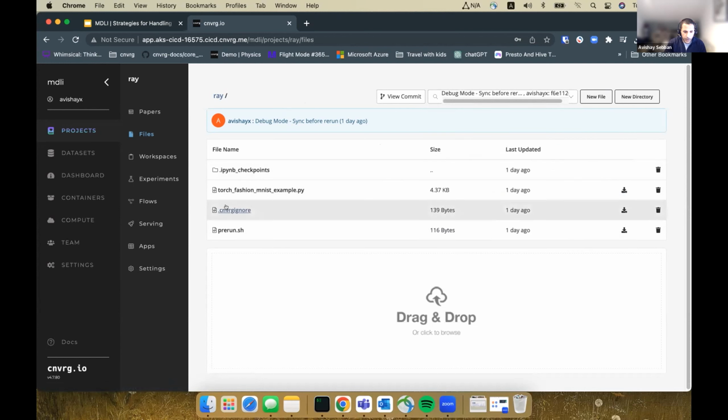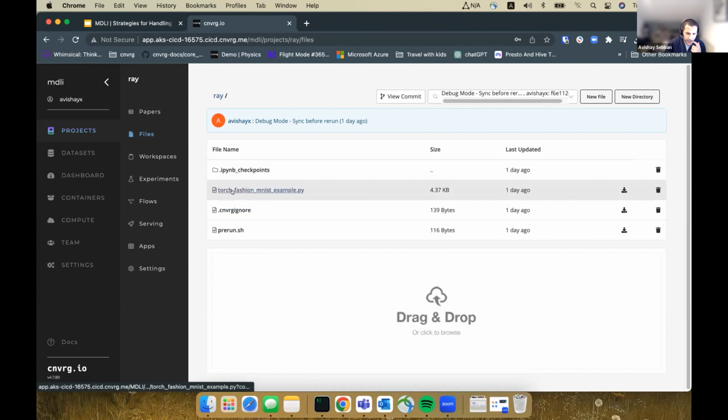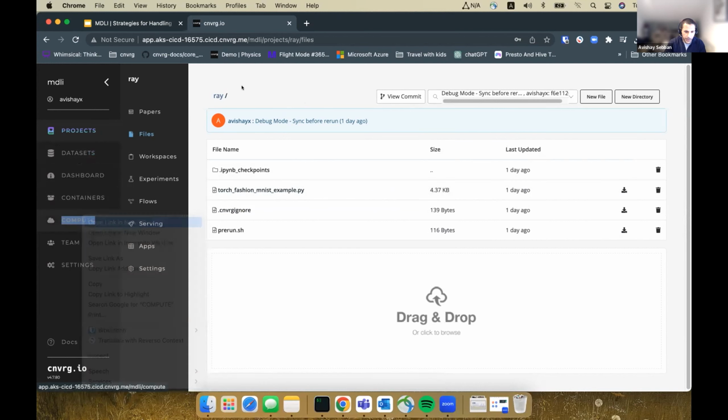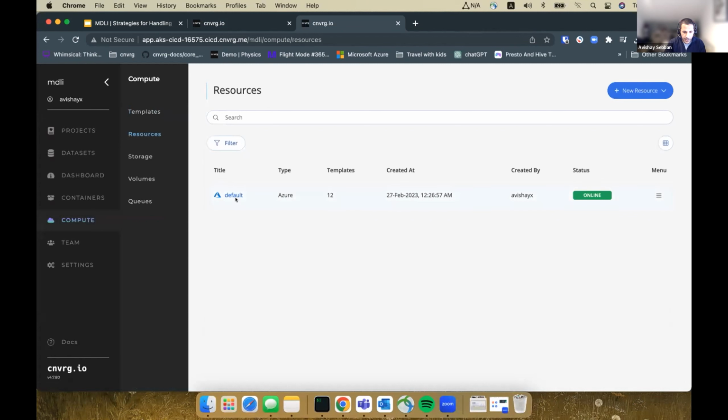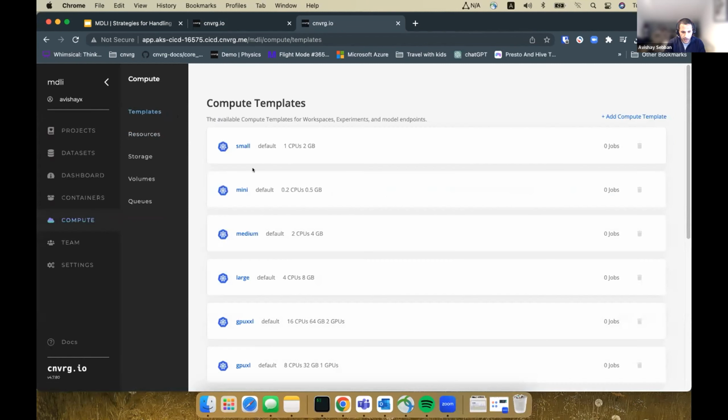And before I run this torch Fashion MNIST example, I'm first going to create a Ray cluster template. All I need to do is go to compute, and I have my resource here. I have a resource from Azure, for example, and my templates are here.